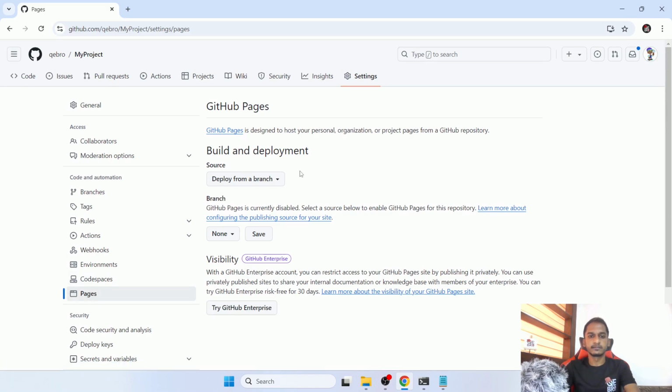Then you will see here the first drop down to select the source. This source means how you want to deploy, from where. It has two options: deploy from a branch or deploy using GitHub Actions. So if you create a GitHub workflow using GitHub Actions, then you can either point it,